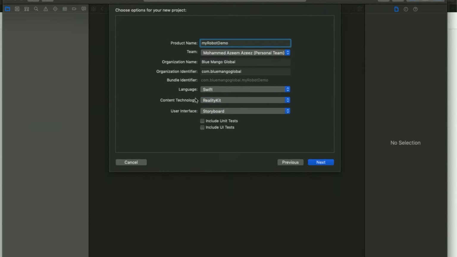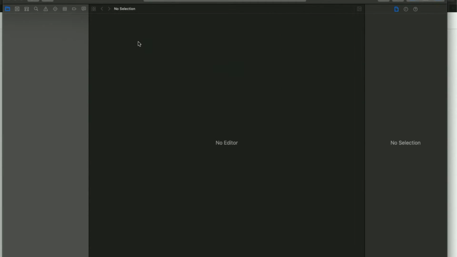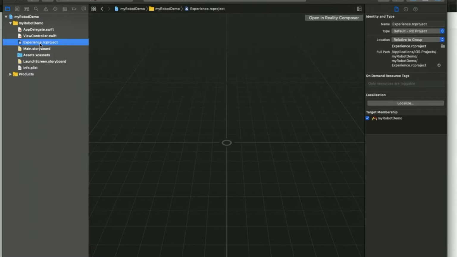So here it's RealityKit with a storyboard. Click next, and I'm going to save it in my iOS project folder. You can save it in your MacBook wherever you like. Okay, pretty nice and simple. It's very easy to make. As you can see, this experience.rcproject file, which is provided by this